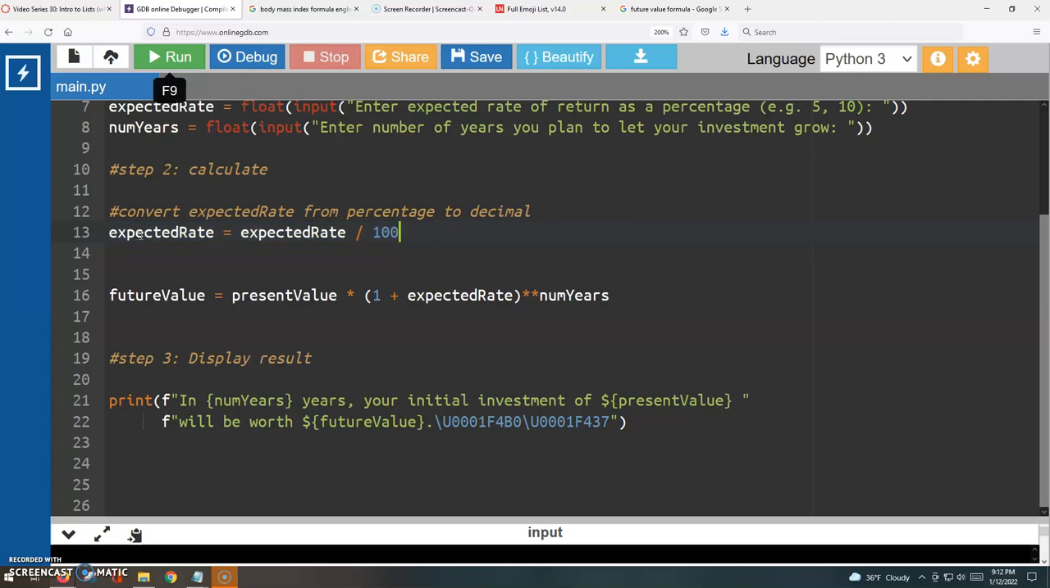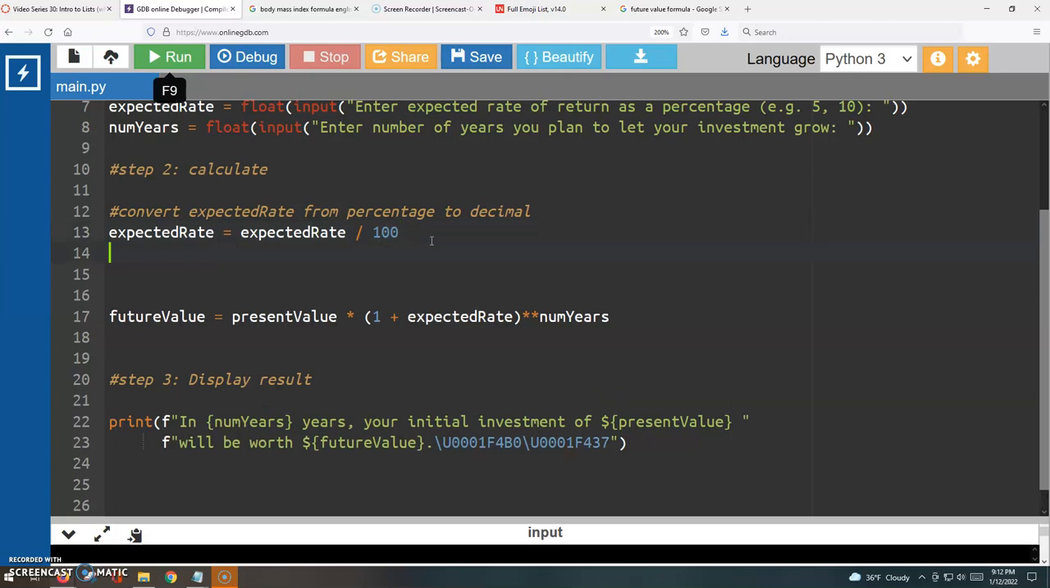This is a very common thing to want to do in programming. So we're saying the expected rate is whatever it is divided by 100. So that cuts the rate into it, and changes it to decimal basically, and then overwrites what was in there. Okay, this is such a common thing to want to do in programming that a lot of languages, including Python,